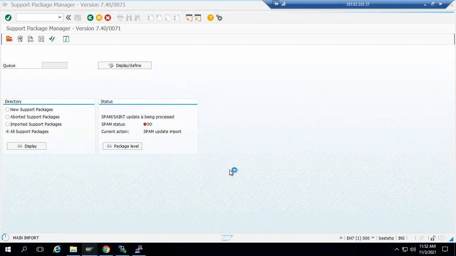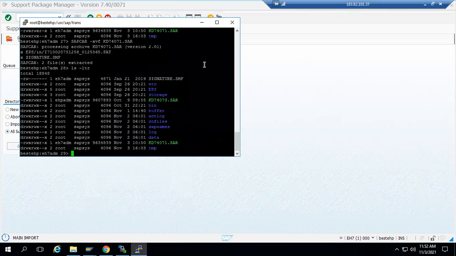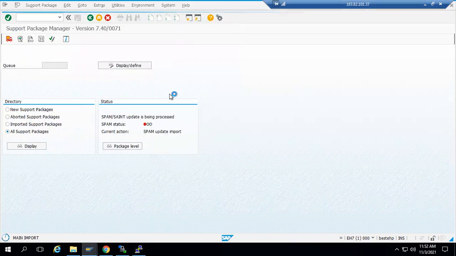Yeah, can you please show me once the PuTTY procedure for the app server? Okay, we can do it using the GUI. After this is done, I will show you from PuTTY also. Let it complete. Once it is done, I will show you how to do it from the application server also.